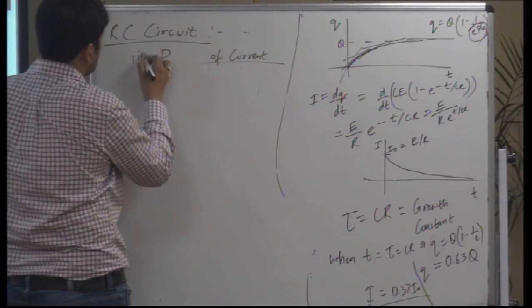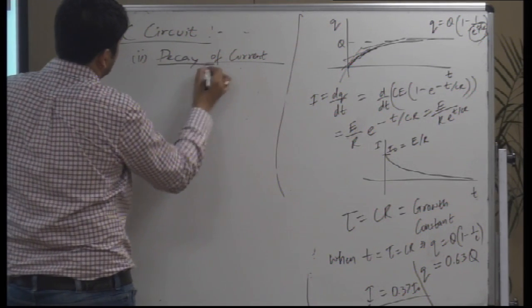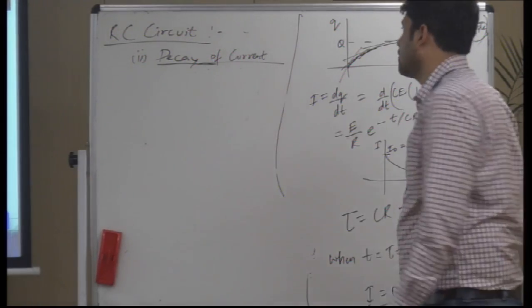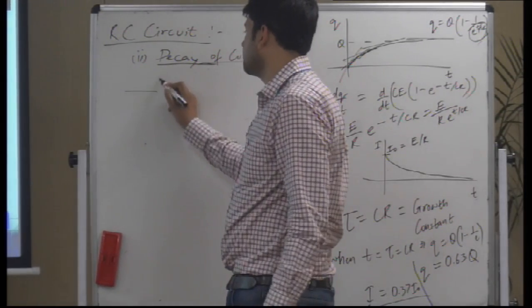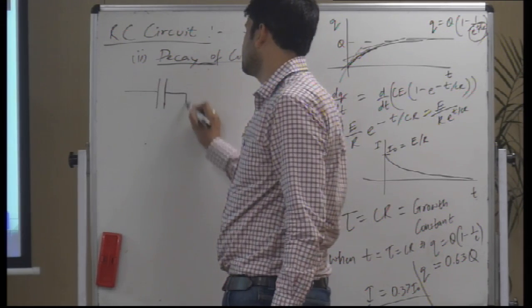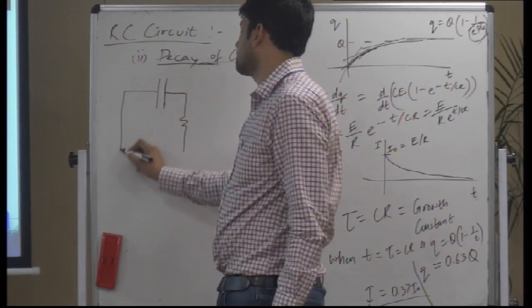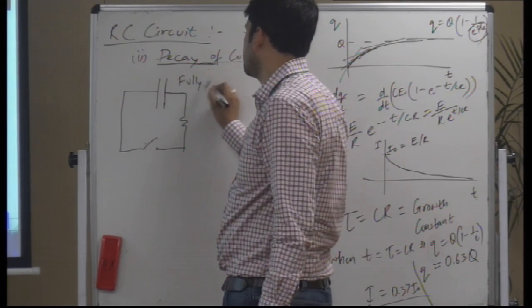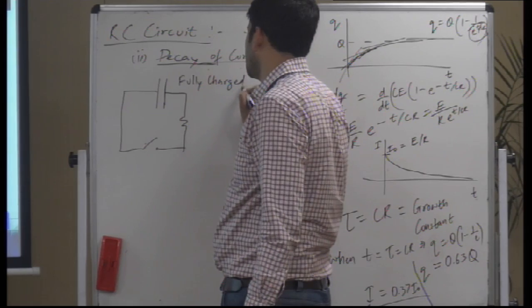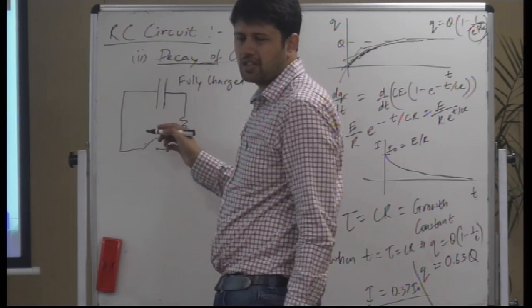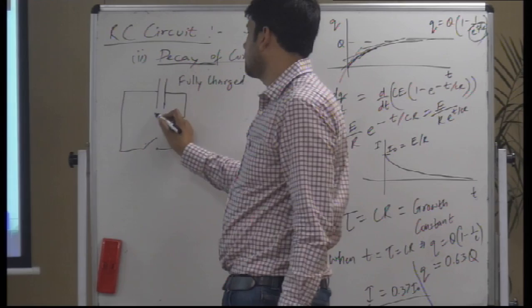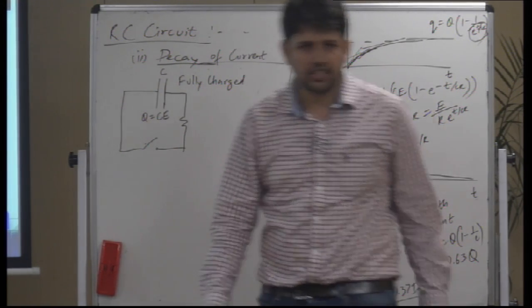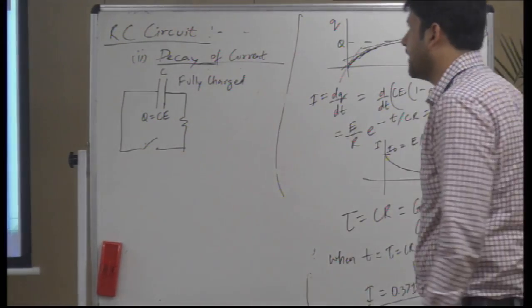Now, the second part is decay of current. Decay means the current is reducing. The capacitor was fully charged initially, up to EMF E. So the charge here was CE. Okay, when you connect,